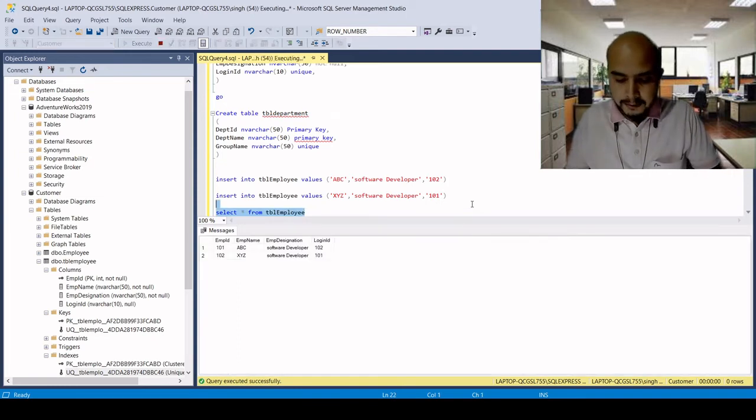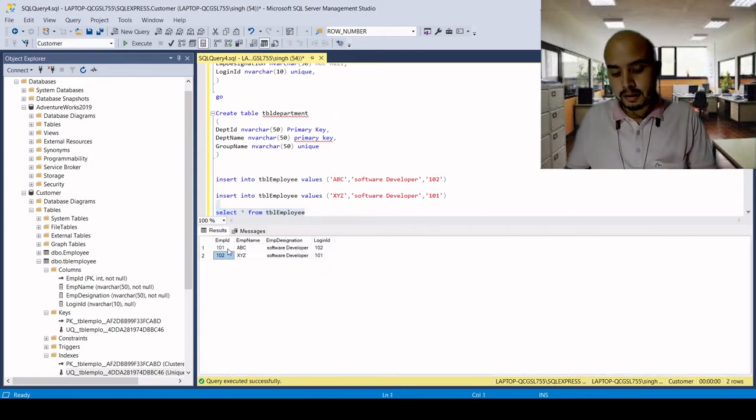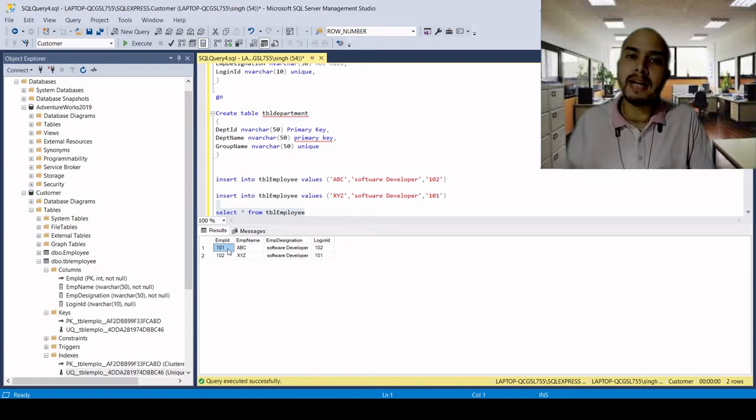You will see that data can be inserted in any manner, but employee ID is the primary key over here, so it will be sorted and indexed on the basis of employee ID, because employee ID is a clustered index. So the physical data will be stored on that basis.